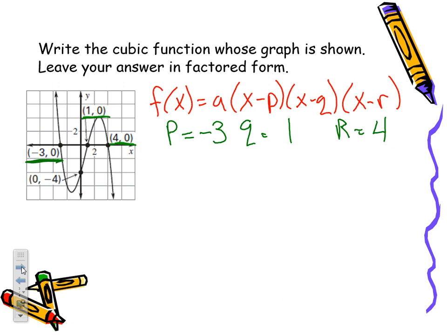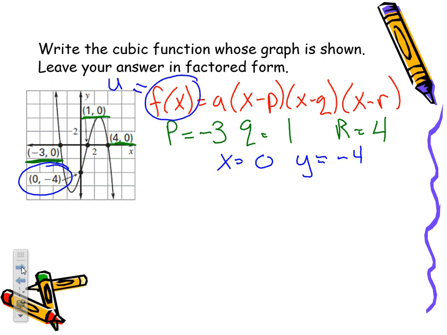Now I also have this point right here. This point right here is going to represent my x and my y in my equation. So x equals 0 and y equals -4. Now you're looking at our original equation and you're like, there's no y. Remember, f of x is the same as y. So now we're going to plug all of this information in. We know f of x is y, so that's going to be -4 equals a, which we don't know, times